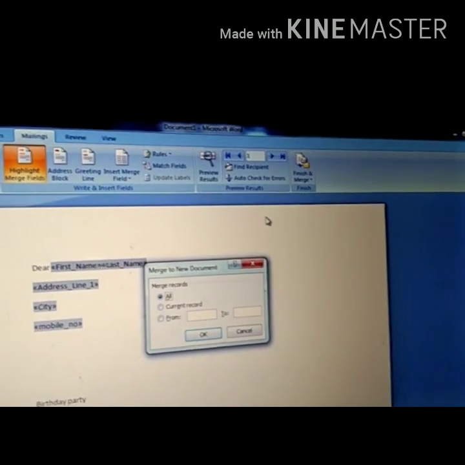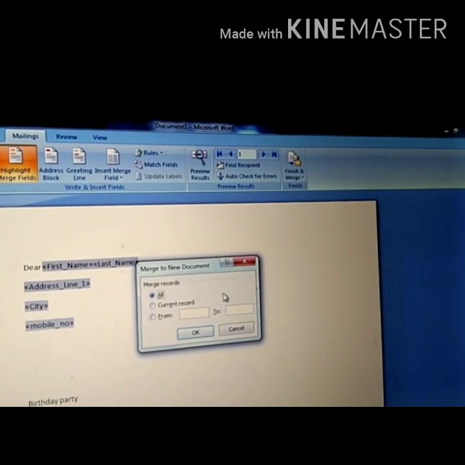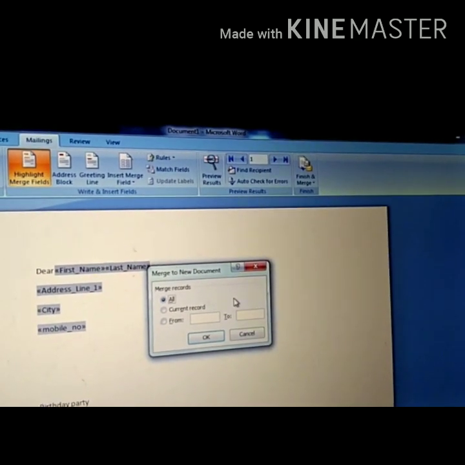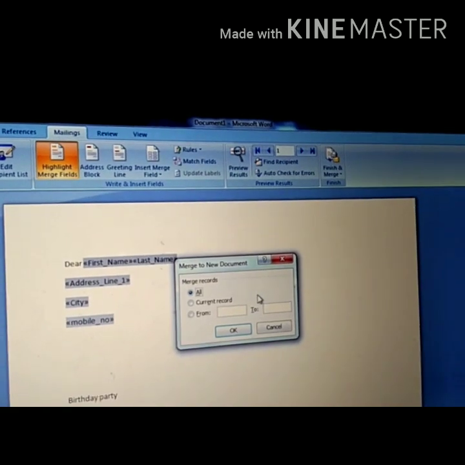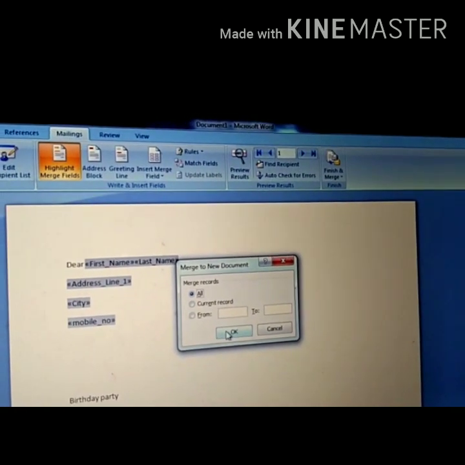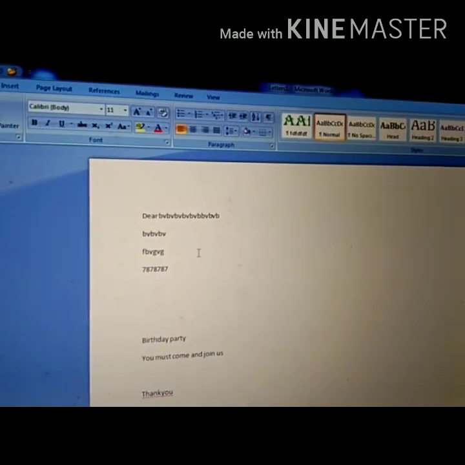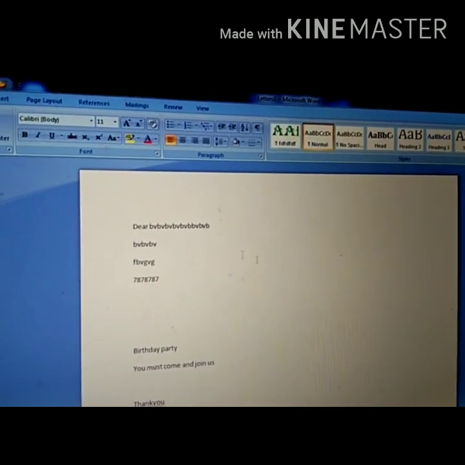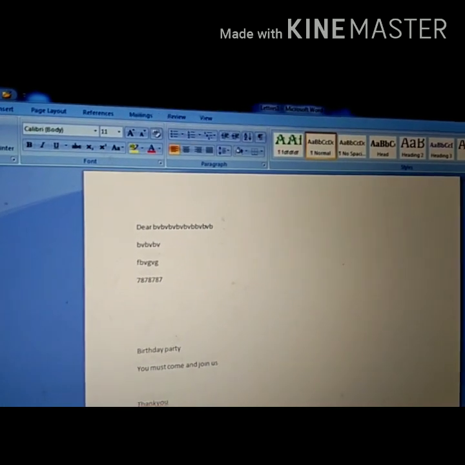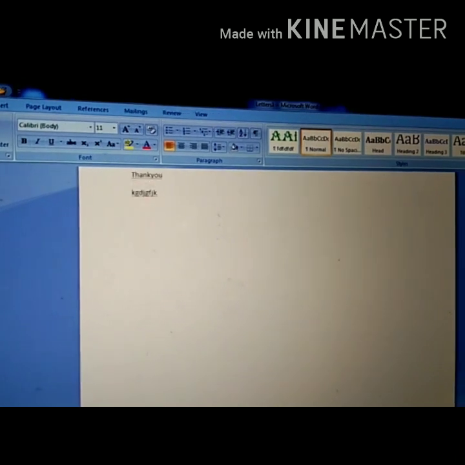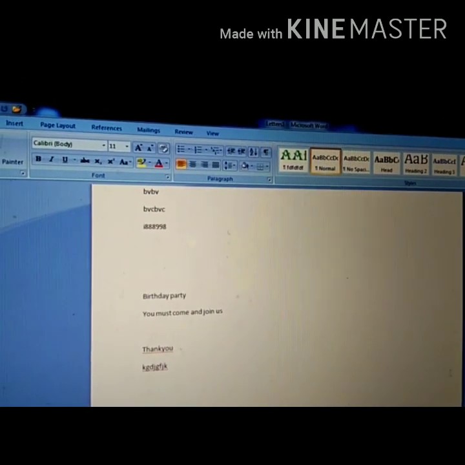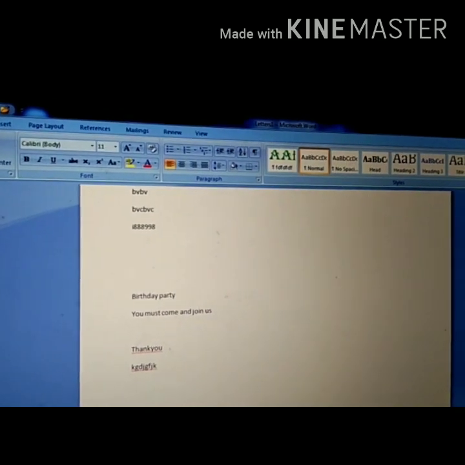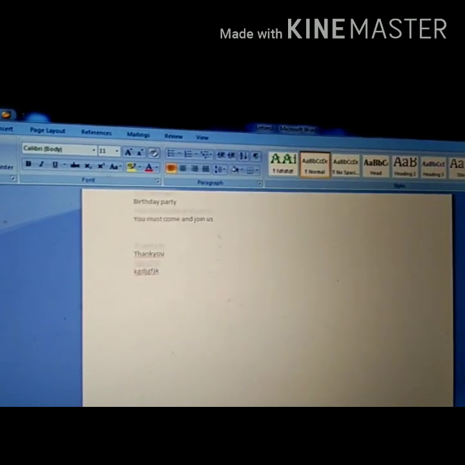It meaning is that now whatever letter is created you can add it individually. ठीक है, कुछ भी आप अपडेशन करना है individually you are able to do. Now click on all letter we want. Click OK. When we are clicking on this one, see this one is the first name that I entered in the data source. Now second letter. This one is my second name that I entered there. Look, मैंने ऐसे दिया था ना, name, last, first name, last name.